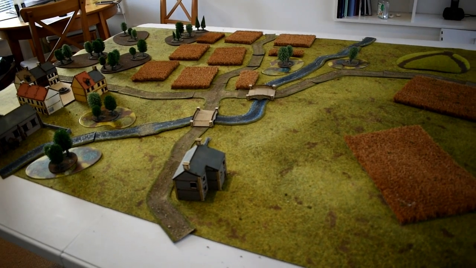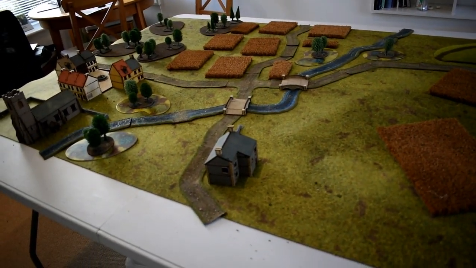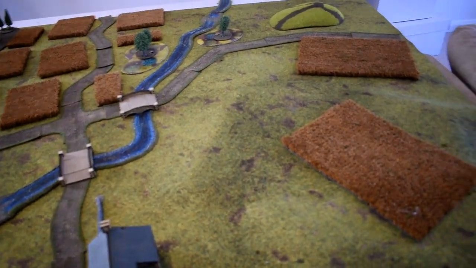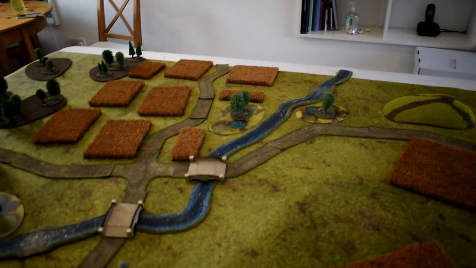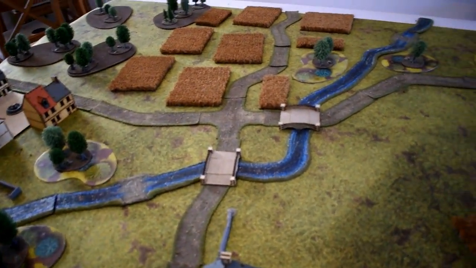Okay, so here's the table set up, just about ready to take a photo to send over to Tito so he can pick his deployment zones. We have a bit of a rise here, so I've put a couple of books under the mat to raise it up, put a little bit of crops on it to add a bit more terrain, little hill in the corner. We have a stream, so this is just a cross check, it's not like a river, plenty of crossing points, so two bridges,